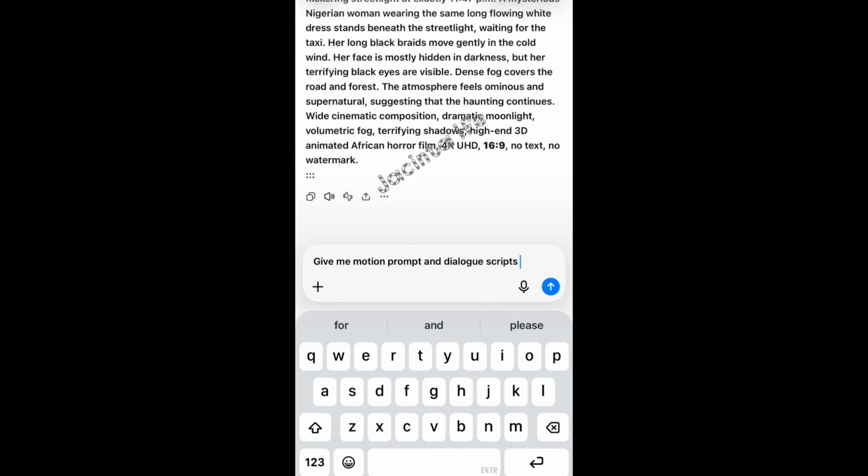Because if I'm generating video, I wouldn't want to take much credit, I want the video to be just 10 seconds long. So I'm going to tell it to make it 10 seconds long.